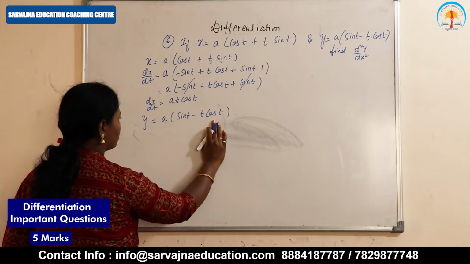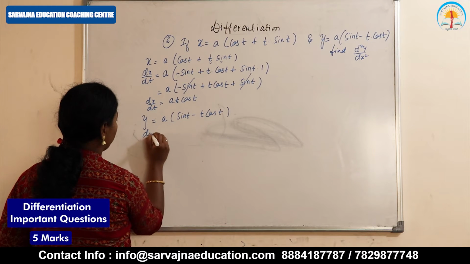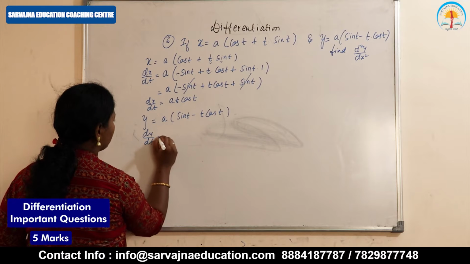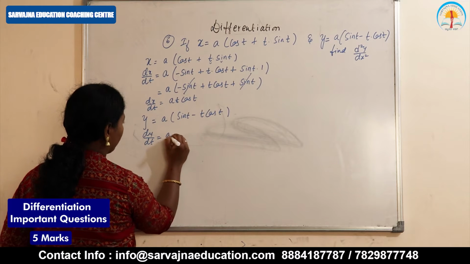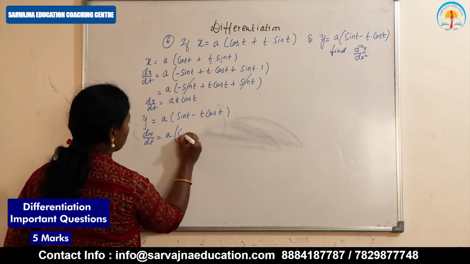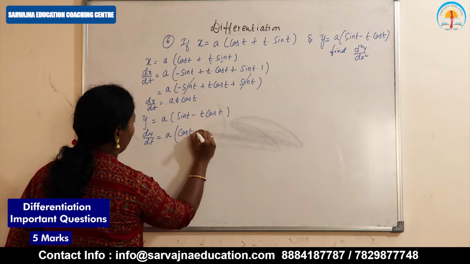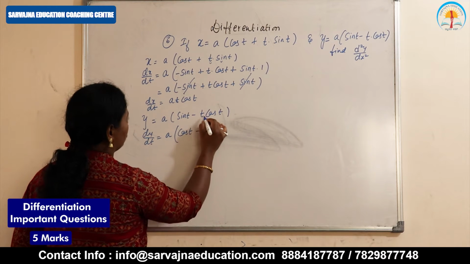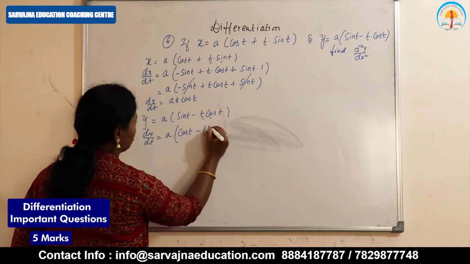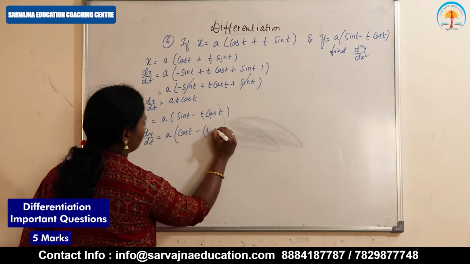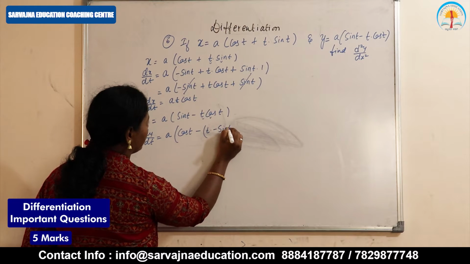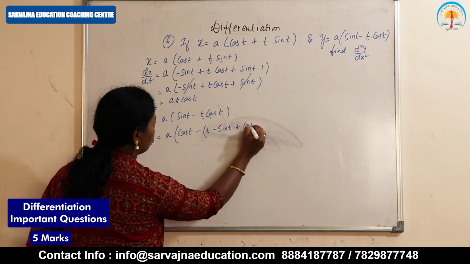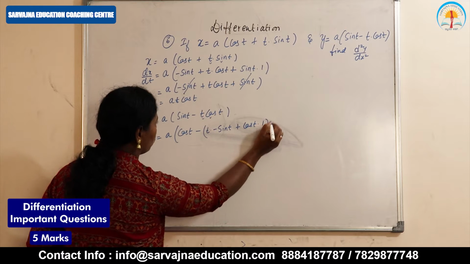So here again in the right hand side t is here. I have to do differentiation. dy by dt is equal to a is a constant, keep as it is, and sin t differentiation is cos t minus, after minus you have to always put a bracket. So this is u, this is v. There are two functions. t into cos t differentiation is minus sin t plus keep cos t as it is, and t differentiation is 1.